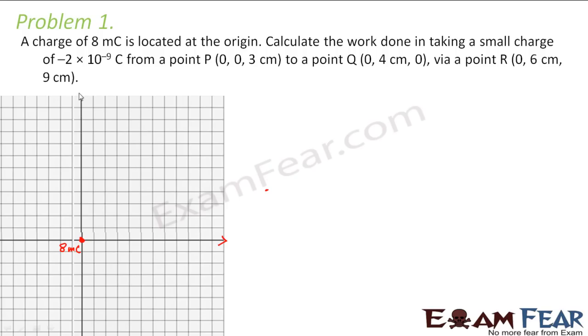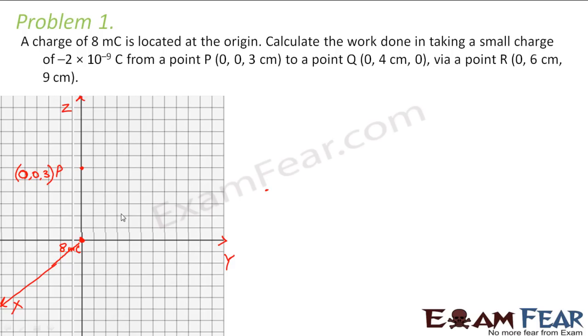So what is the position of the point? It is 0 along the x-axis. Now let us plot the axes before that. Let us suppose this is my y-axis, this is my z-axis, and this is my x-axis. So we have to calculate the work done from point P. What is the position of point P? 0 on x-axis, 0 on y, and 3 on z-axis. Let us assume this is P, which denotes (0, 0, 3). So from this point to a point Q.